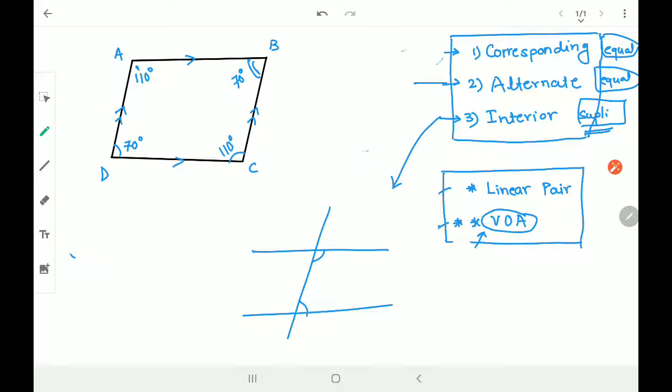So it is looking like vertically opposite angles, है ना? It's looking like they are equal. So similarly, parallelogram के opposite angles भी क्या हो जाते हैं? Equal हो जाते हैं. Okay. So it's a basic property of parallelogram that it has opposite angles equal and adjacent angles. Adjacent means A and D are called adjacent angles. ये जो है इसको बोलते हैं adjacent angle. Adjacent angles are supplementary. Okay. So in the parallelogram, adjacent angles are supplementary and opposite angles are equal, right? And it basically depends on these properties only, corresponding, alternate and interior angles only. So all these are nothing but the same concept.